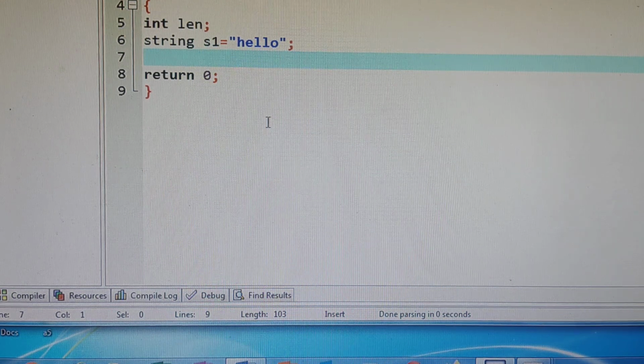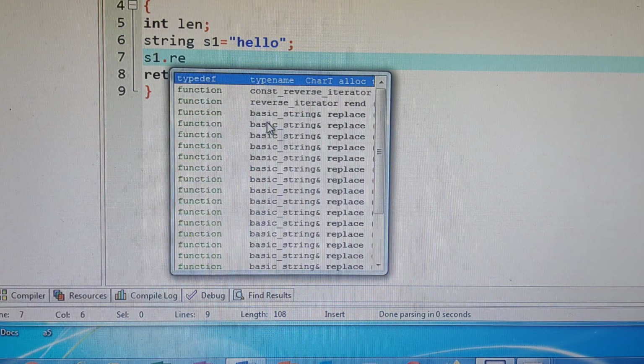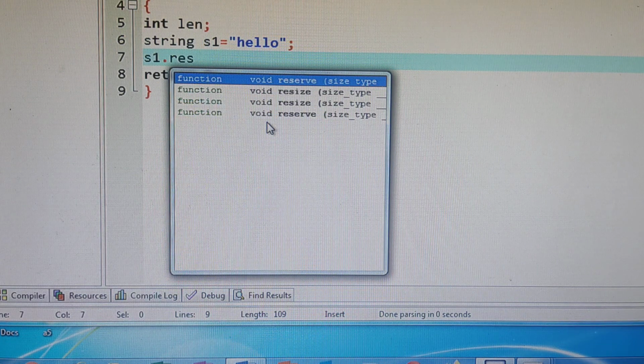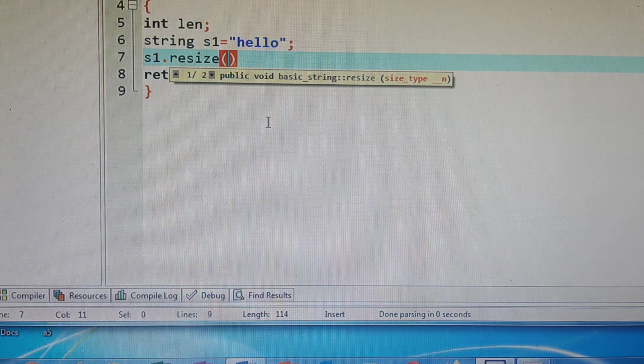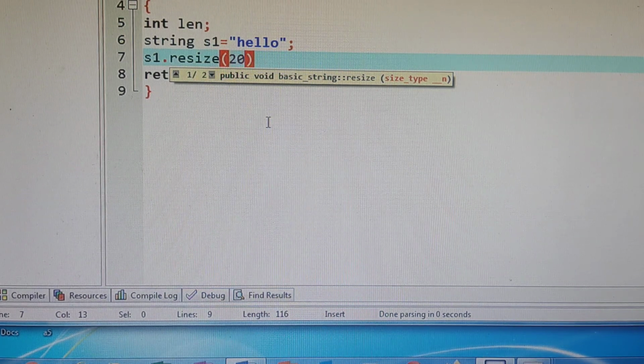Now resize, actually what is the use of the resize function? This function is used to change the default size of the string. So here what is the default size of the string? Hello is there. Now I am resizing, s1.resize, and I am giving a new size, some 20 characters, comma, and I am adding one extra word.